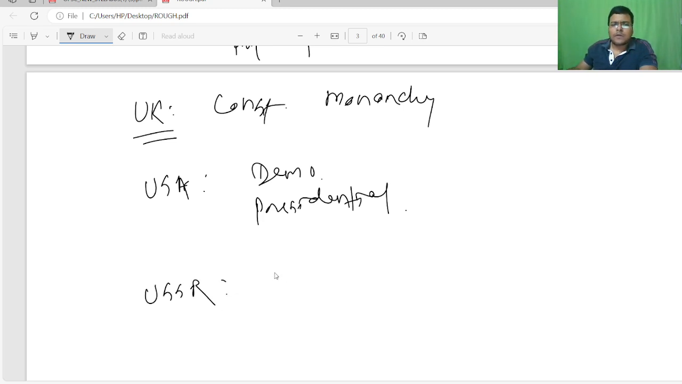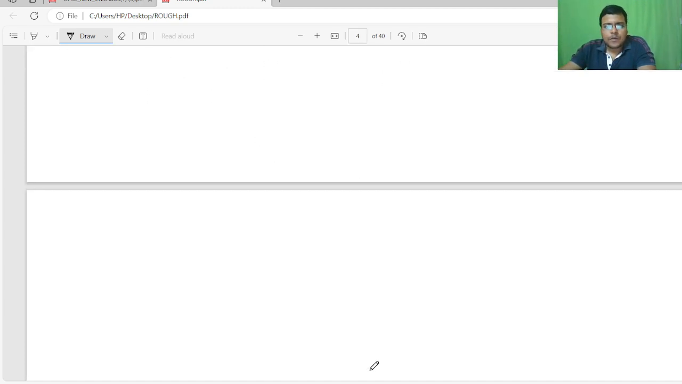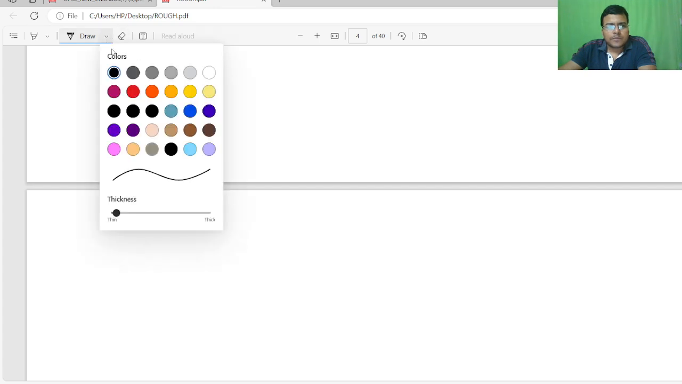USSR, it is communist type. So every nation, the constitution determines what type of state it is. Understand in this way. This is the definition of constitution. So if we discuss